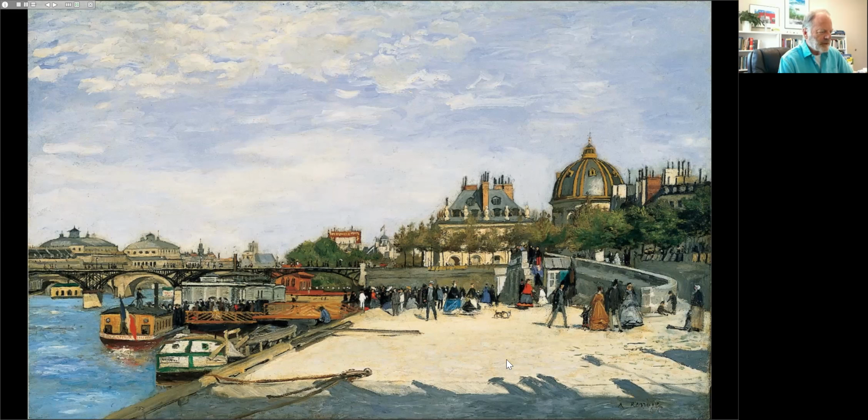All the buildings can be identified. This is the Institute, department stores over here. It looks like people are loading or unloading from a barge, perhaps a bathhouse or a laundry house over here. But you'll notice that it's painted in what we would call local color.